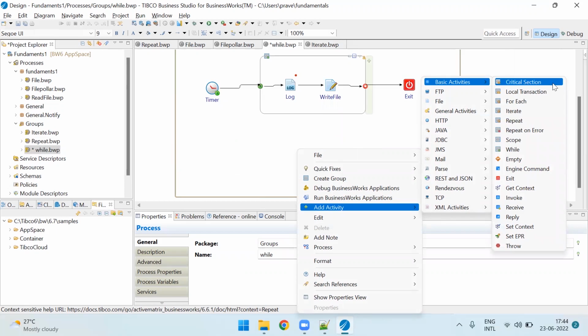This is also useful for synchronizing processes. When there are multiple processes and you want to sync them, that means you don't want multiple processes or multiple activities to be executed at the same point of time, then you go for the critical section group. There is something called lock object. So using that lock object, when one session, so to help you to explain clearly, let us say